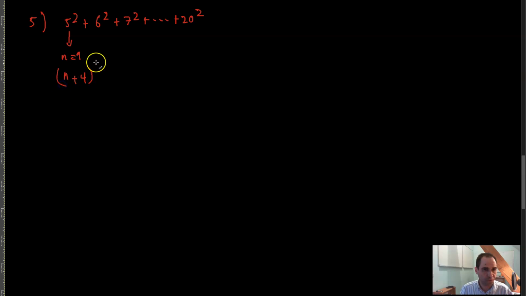Question number 5 is basically 5 squared plus 6 squared plus 7 squared plus all the way up to 20 squared, right? So you can essentially write this as, if here n is equal to 1, you have basically n plus 4. If here n is equal to 1, then here you have 1 plus 4, so you have n plus 4 whole raised to the second power. If over here again n is equal to 2, then this is equal to basically 2 plus 4, so n plus 4 raised to the second power